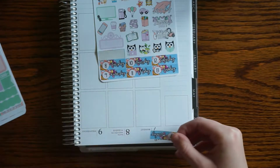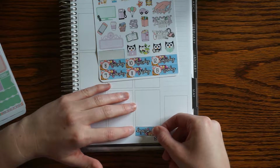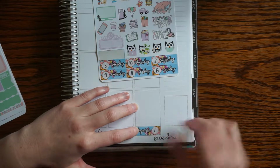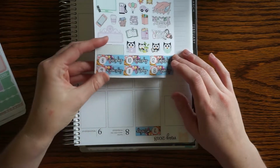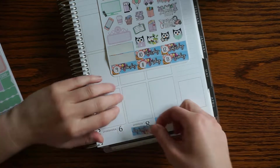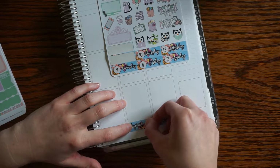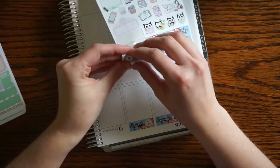So we've been having really nice weather in Western Washington. It's pretty much been sunny this whole week. As I'm filming this, today is Saturday, the 5th. I think that's what the date is. And my mom and I spent basically from 9 a.m. to like 2:30 or 3 p.m. in my yard. We're working on